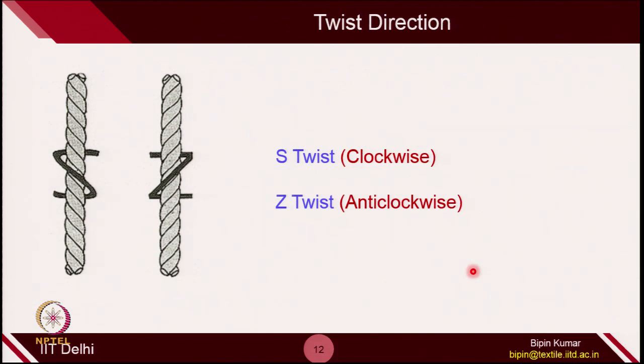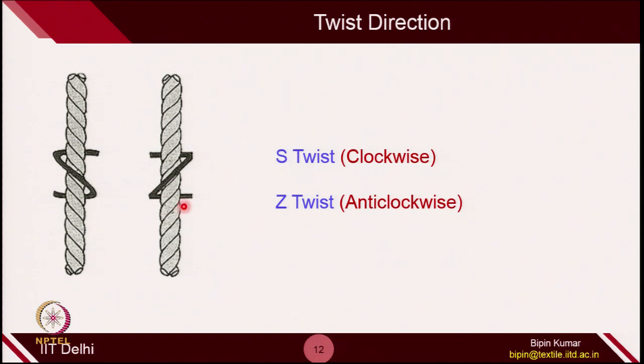In twist there are two terms which are quite commonly used. You should be careful about the kind of twist which is imparted to the yarn, whether it is S twisted. If you see here, the nature of spirality is along the S direction, so this looks like S. If the yarn is twisted in clockwise fashion, this is S twisted, and if the yarn is twisted in anti-clockwise fashion, this is Z twisted. You can see the spirality becomes reverse, it looks like a Z twist yarn.